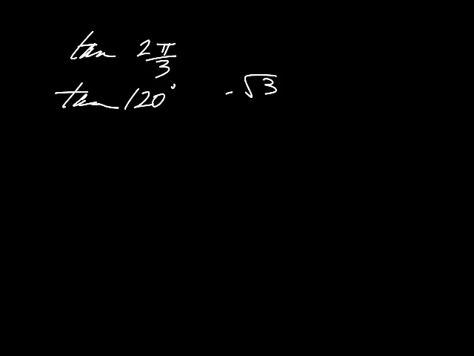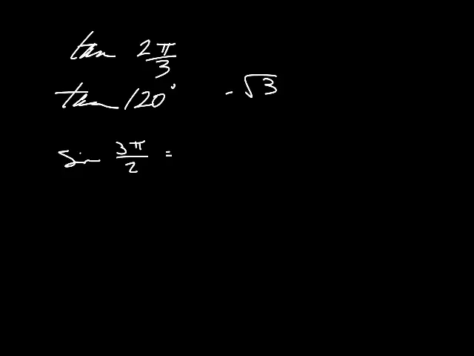All right, let's look at example 3. So example 3 is saying find each function value. So we have the tan of 2 pi over 3. Well, I know that 2 pi over 3, because I've learned these over the years, is 120 degrees. So now all I do is take my calculator and plug in 120 degrees, and I get negative square root of 3. If I'm looking for the sine of 3 pi over 2, I know that is going to give me a